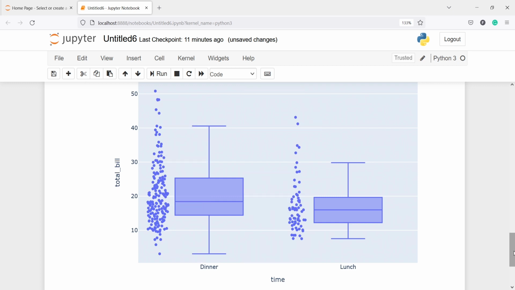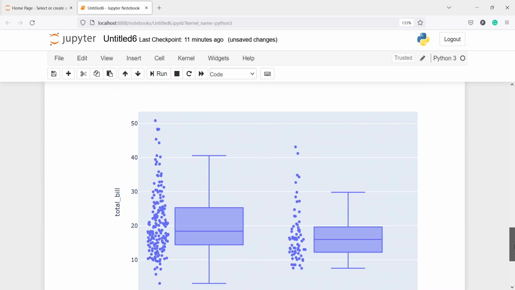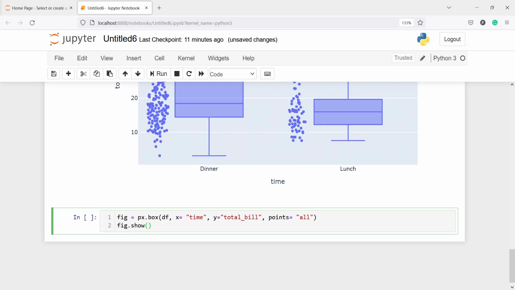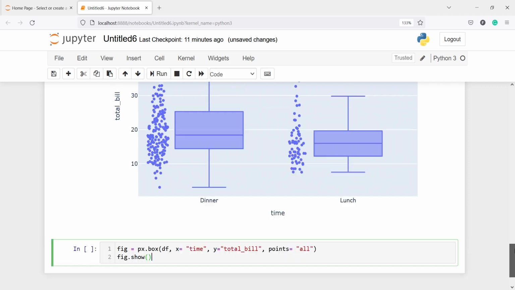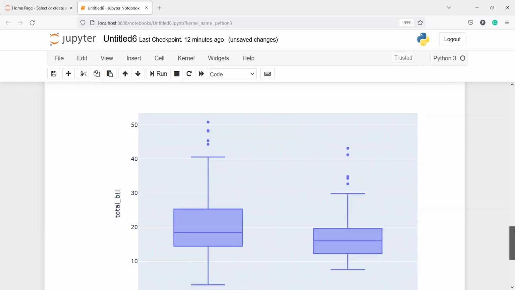So we can also plot these points outside the box plot. We can also use the color parameter, and let me show you. This time I'm just going to copy and paste this code. I'll copy this code from here, I'll paste it here, and let me show you one more thing. In points we have this parameter all, but we can also have another parameter like outliers. So I'll write here outliers, and if I execute the code,